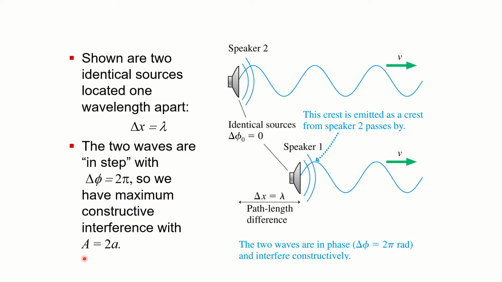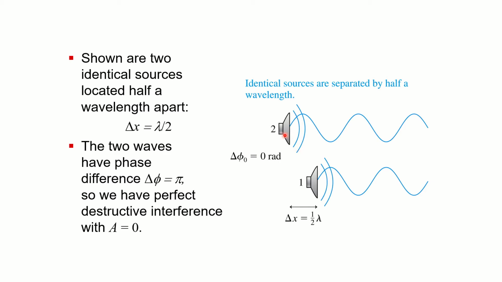And I end up with just a really large amplitude wave where we've added the amplitudes of both of those waves. If that path length difference is some multiple of half a wavelength, I'm going to have a crest lined up with a trough, and those are going to cancel, and everywhere along the wave, the waves line up such that the amplitudes cancel, and I have perfectly destructive interference, and that path length difference is some multiple of pi. That's what it looks like in one dimension.